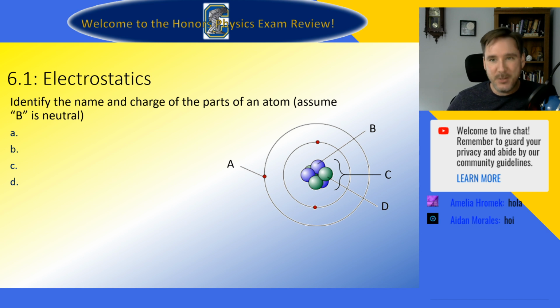So anyway, you need to be able to know what these things are. And so obviously this is not really a multiple choice question here. Hopefully you're looking at this and you know that A is an electron, and it is negatively charged. B, it says assume B is neutral, so that means that's going to be our neutron,